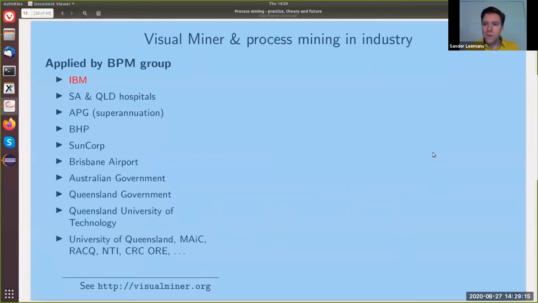So that was the visual miner, and again, it's free, open source, and in full development. And we have actually applied it in industry already quite a few times. So for the sake of time, I'm going to skip a few here, and I'm going to highlight a few. So using process mining in 4 South Australian and Queensland hospitals, the BPM group here from QUT, chaired by Moe Wynn,